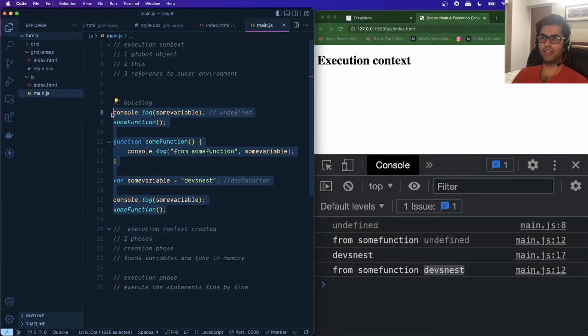The execution context is the wrapper or the environment which is responsible for executing a set of statements, and it is created in two phases. So first phase is the creation phase and the other phase is the execution phase. All right,